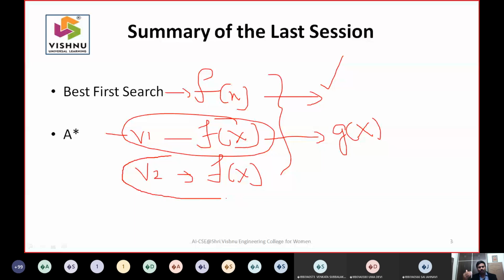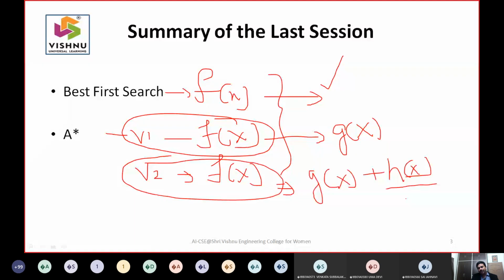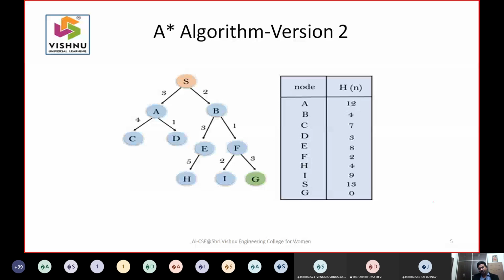that it is just a sequence of what we have learned from the last 3 classes. Again, f of x is a combination of g of x and h of x. So h of x is the value that predicts the distance between the current state to a goal state. Every time when the problem is given, they will give you h of x and g of x, then you are asked to predict the path. Can you tell me, after seeing this, what is the goal state?